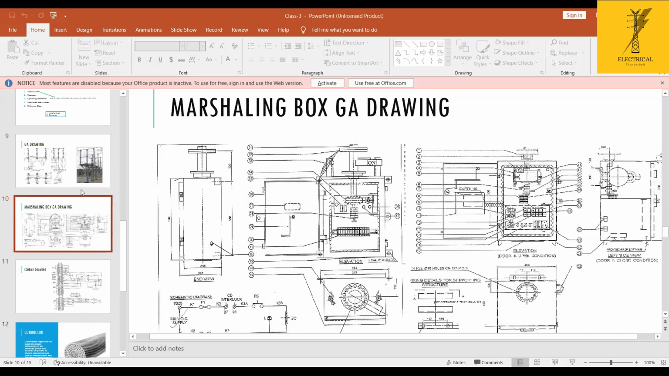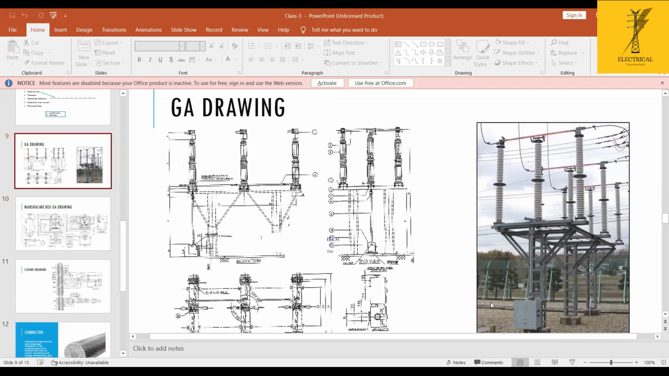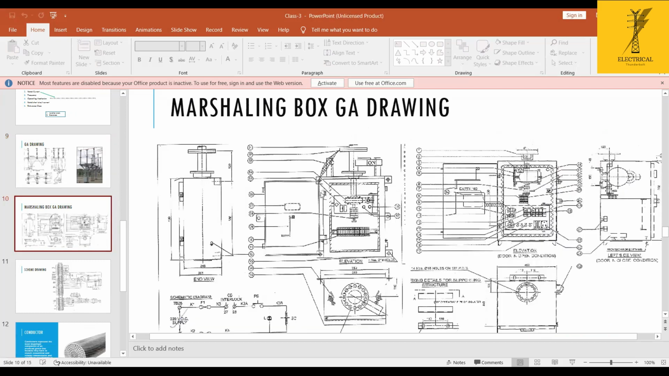And also he will provide some other drawings like the marshalling box drawing. So this is the marshalling box drawing, from where you can operate this isolator, you can open or close the isolator mechanically or electrically. So how we will see now. So those drawings will also